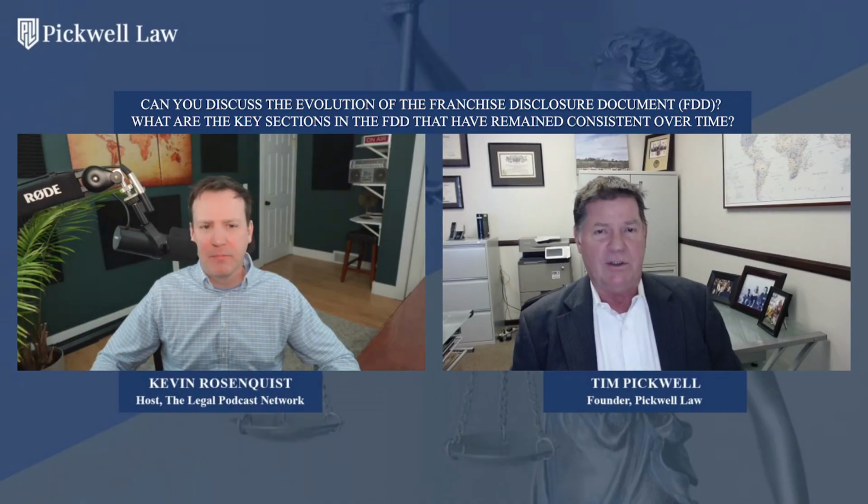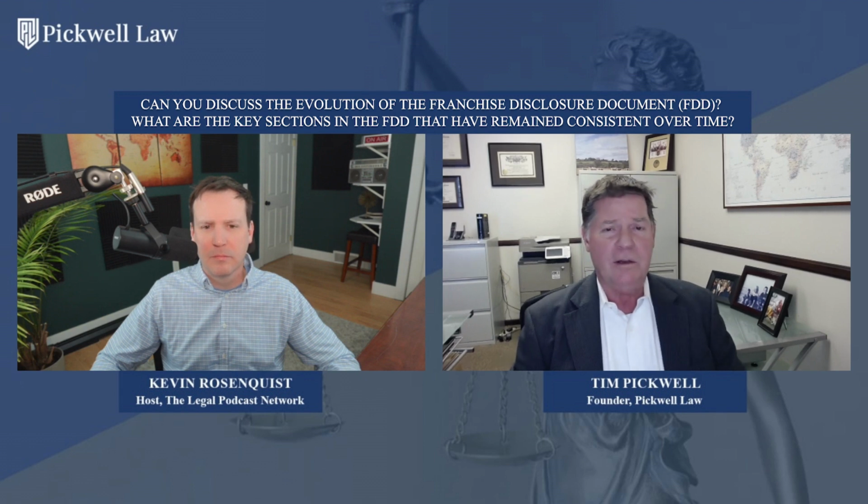But I've found over time that a couple are more important than others because this is what franchisees get upset about if they feel the disclosure wasn't accurate. And these are item 7, the estimated initial investment, and item 19, the financial performance representation. So item 7 is this chart, and franchisees kind of rely on it, and it may help them get a business loan. And when their build out ends up taking too long and is too expensive, they complain, sometimes to the point of arbitration or litigation.